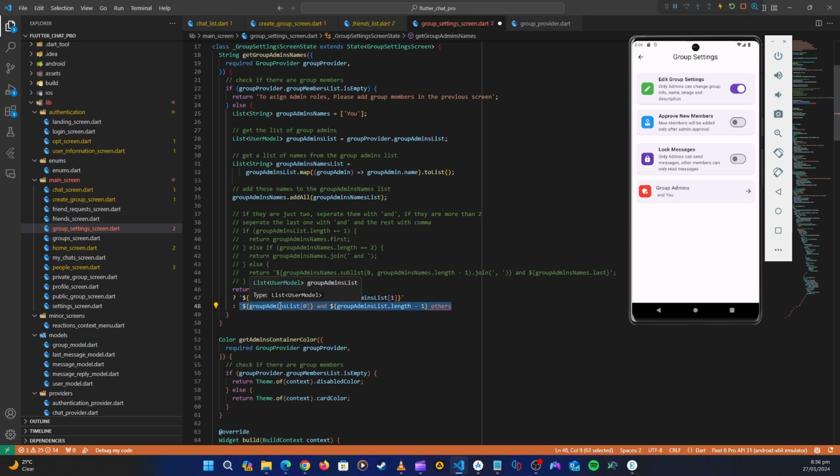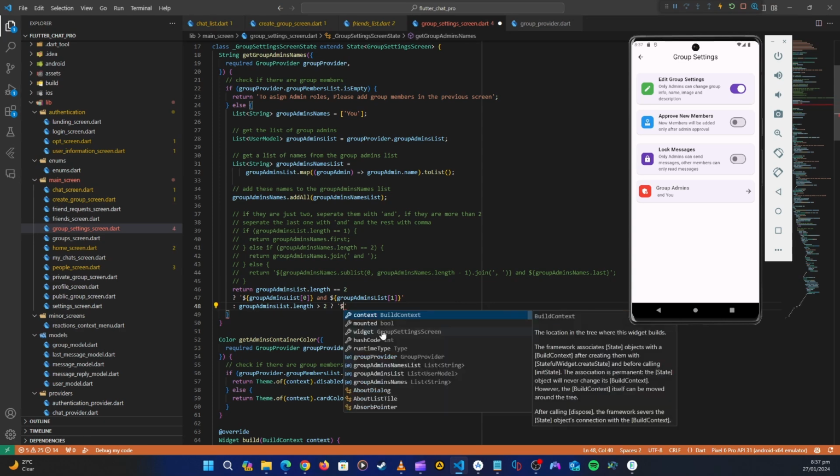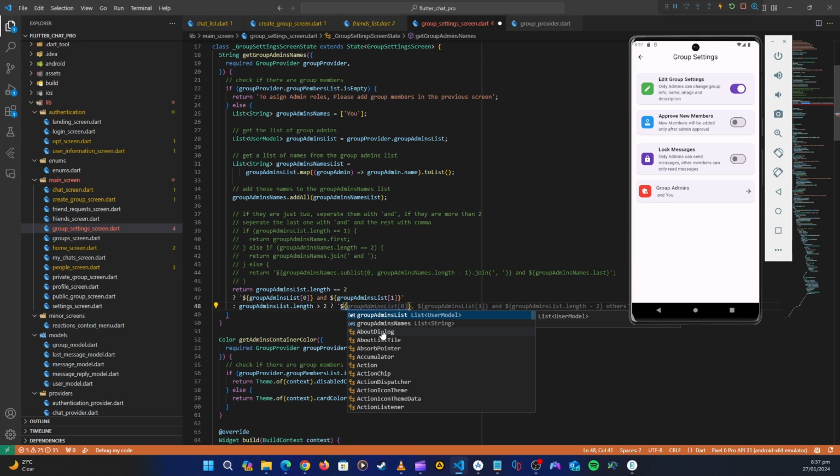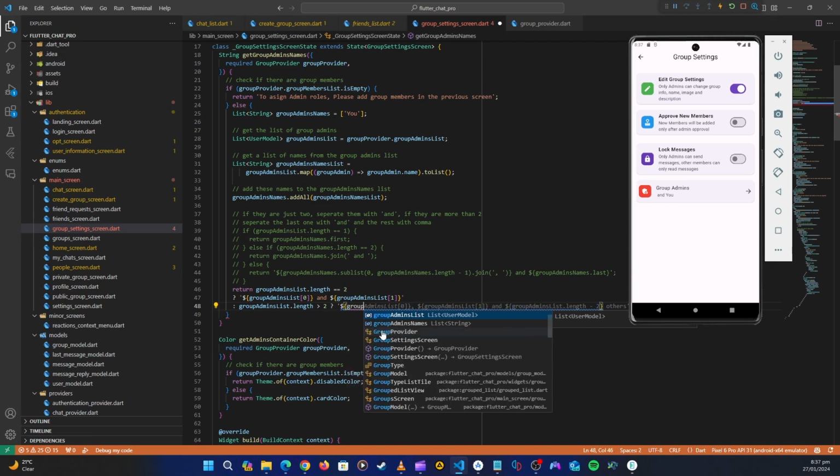Let's follow it the way we want to do it. So in the else, let's have another check again. Let's copy that and then let's paste it here. Again, we check if that now is greater than 2. Okay, so if it is greater than 2, let's do what we will do here. Now it looks like it's following us properly, but let's not get that code. Let's write our own code here. We're going to open the string and open with that $ sign here. Here again, we're going to get the group admins list,